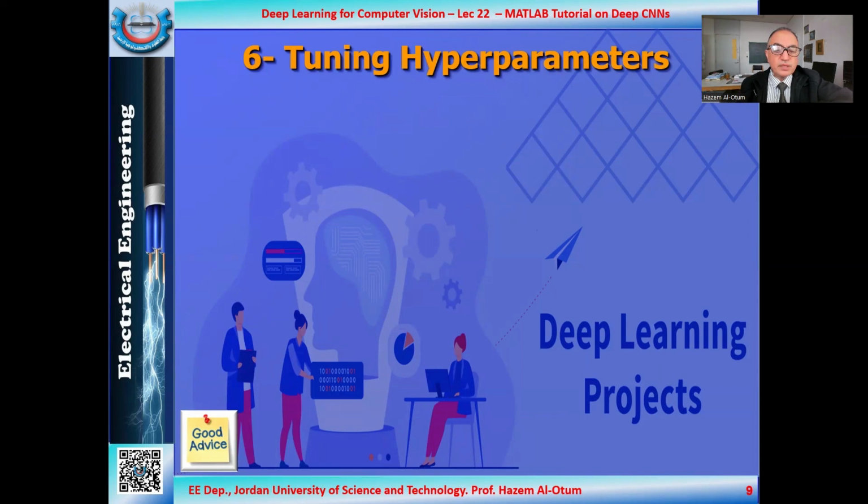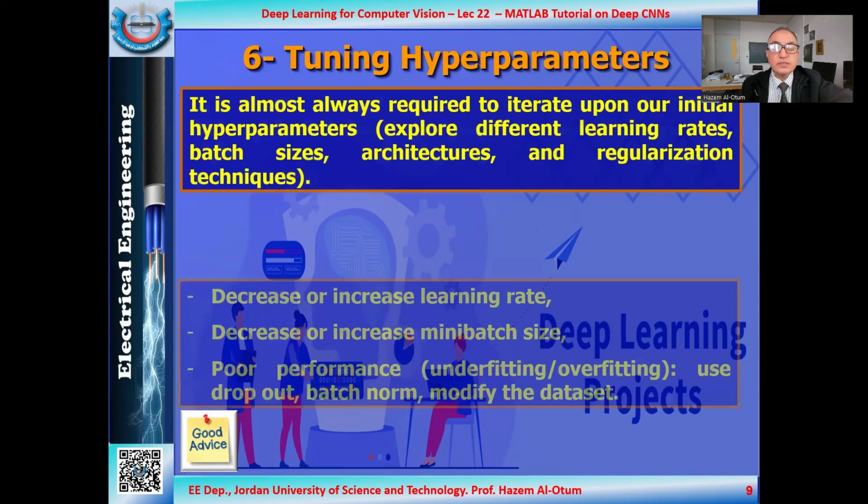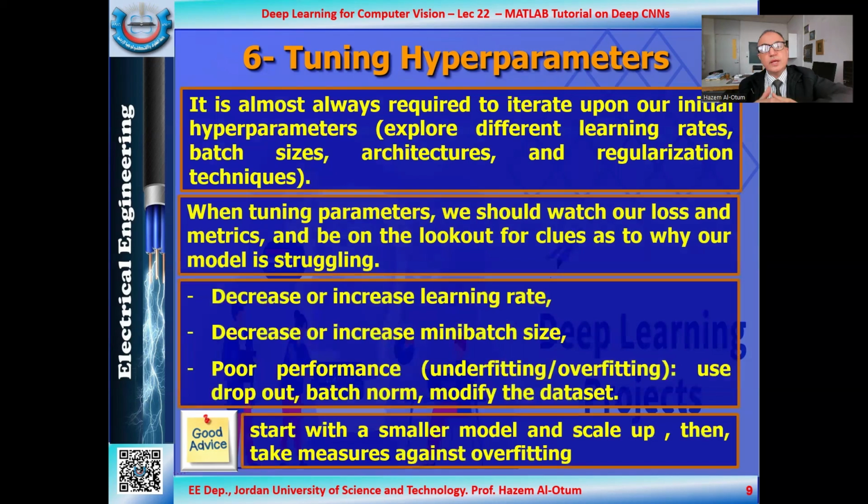Now if you get some problems with your system, due to that you have to modify your tuned parameters. You may change the learning rate, the mini-batch size. You may modify the architecture. You may also add regularization techniques like batch normalization. You can modify the augmentation, add samples, remove samples. All these things can be done to avoid either overfitting or underfitting of your data or your system,